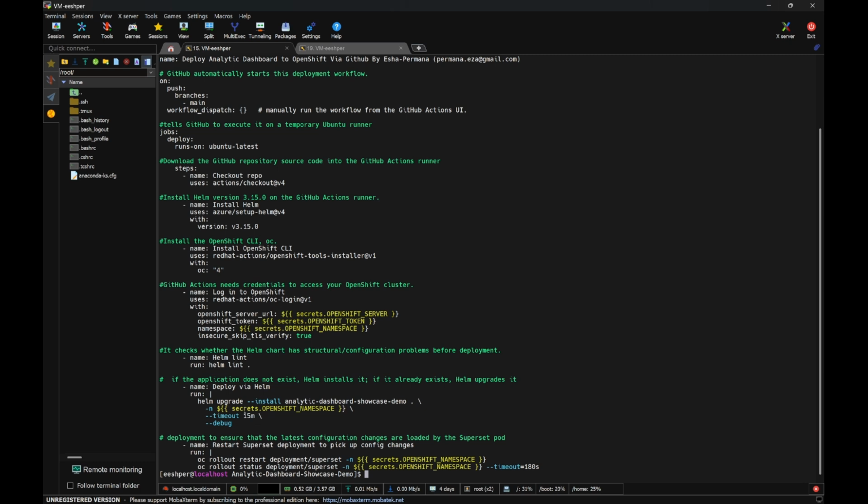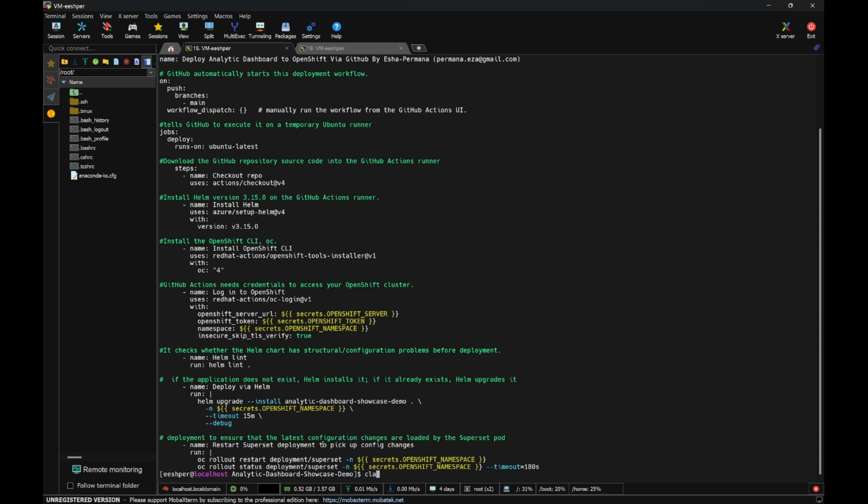We use the Helm upgrade and install command together. It means if the application does not exist, Helm install will execute, and if it already exists, Helm upgrade will execute. The last command is the rollout resource, which makes sure your deployment has the latest configuration changes, so your application is always up to date.